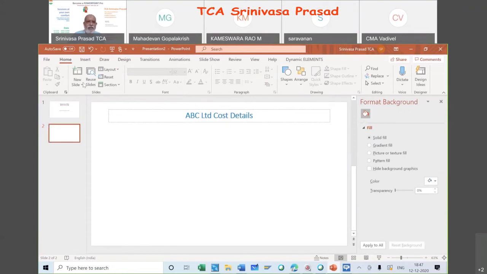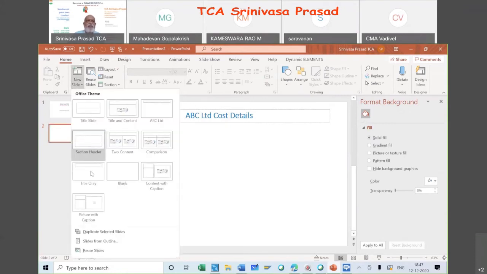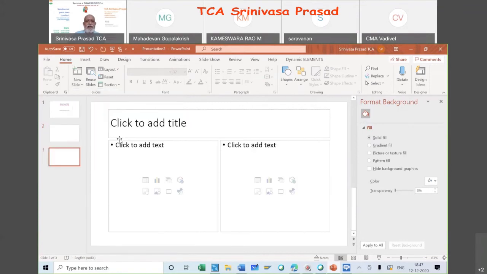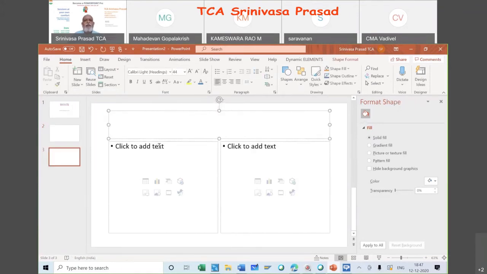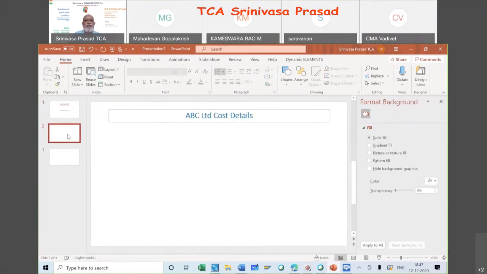Correct. Whereas if I take another slide, suppose I take this now, whatever you want, you can do. If you go to this slide, this will be automatically available. That is what we are telling, because this is right now ready-made. It is based on your own pro forma slide you can make and keep in a PowerPoint presentation. That is what I am telling.